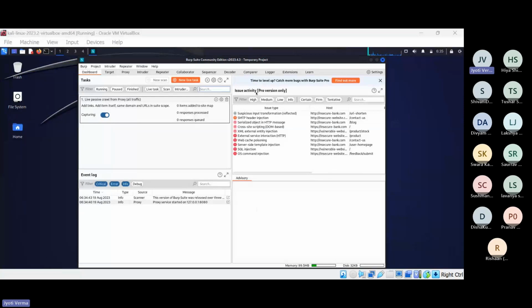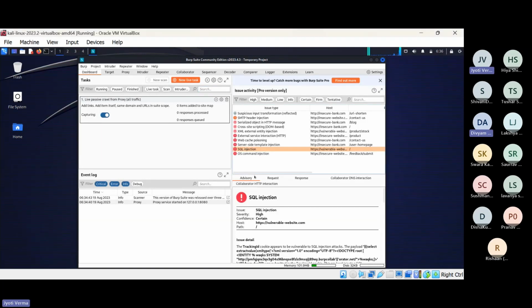And this is the issue activity. This option is available in the Pro version, that is the professional version. What happens in the issue activity is whenever you try to find vulnerabilities in any website using the Burp Suite tool, it captures what kind of vulnerabilities are available in that particular website. Okay, so in the commercial version, here is an example that is already given in Burp Suite. So if I click on the SQL injection, so see, ma'am, in the